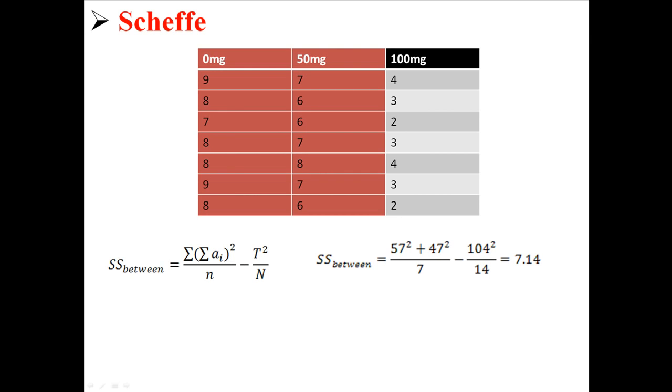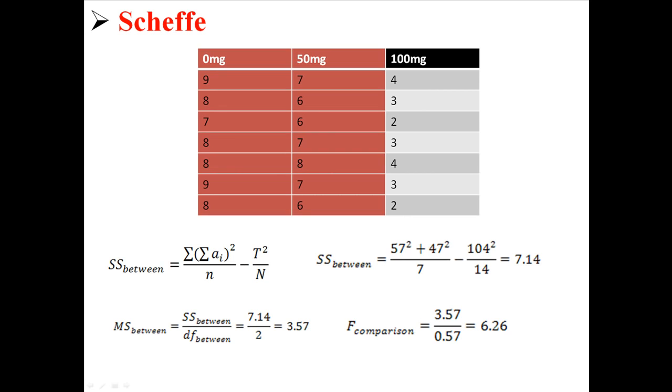So let's say we're comparing 0 and 50. This is how we would calculate the sum of squares between for that. We take the sum for 0 squared plus the sum for 50 squared, divided by n, and then minus T squared divided by n. This is all stuff we already know from the ANOVA, so I'm trying to move quickly. It's more of a review than anything else. But that's how you compare 0 and 50. You get the MS between, 3.57. And then you'd calculate your F for that comparison,